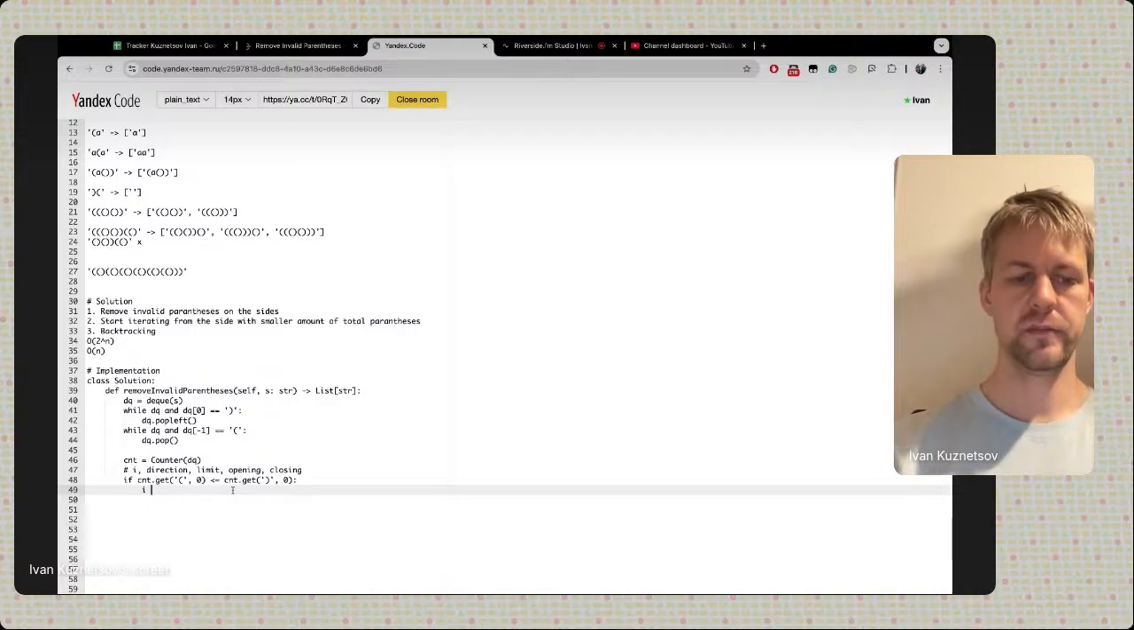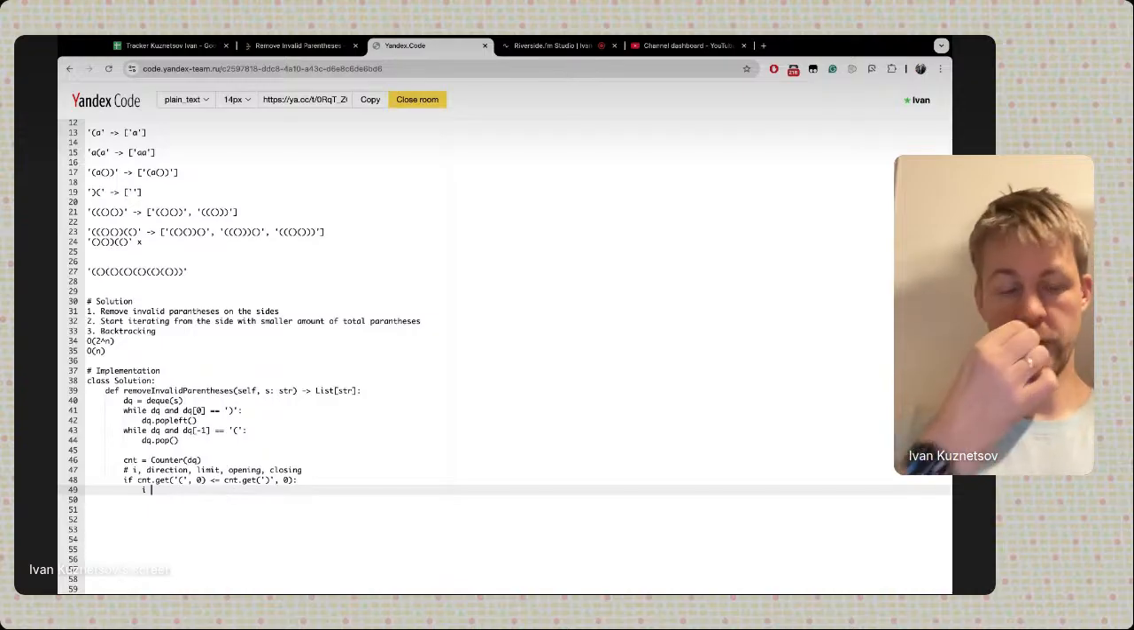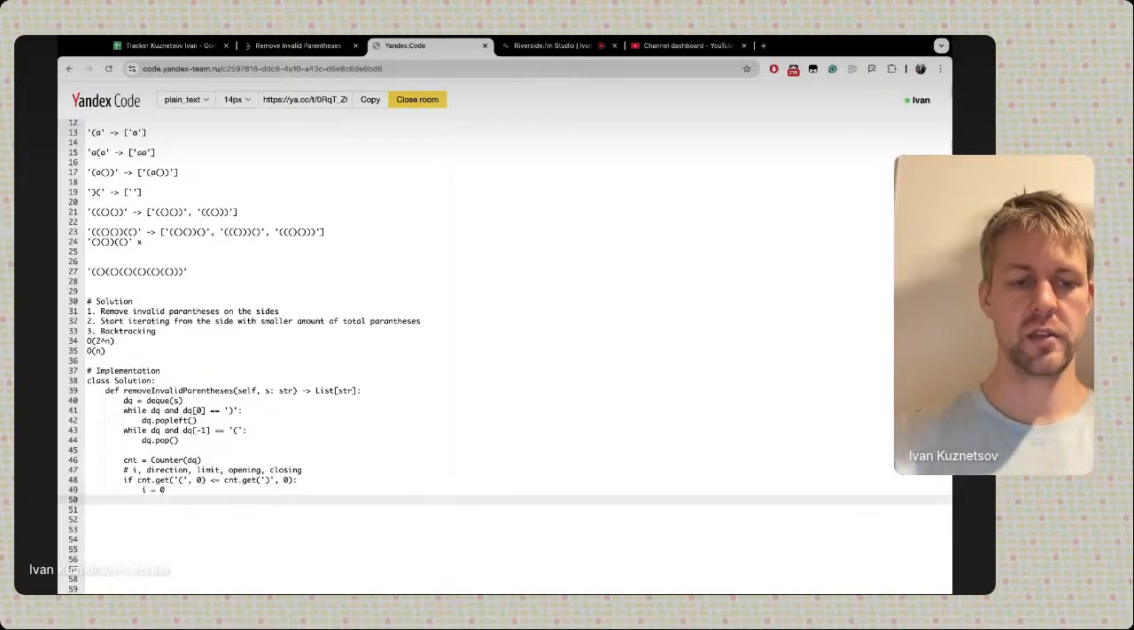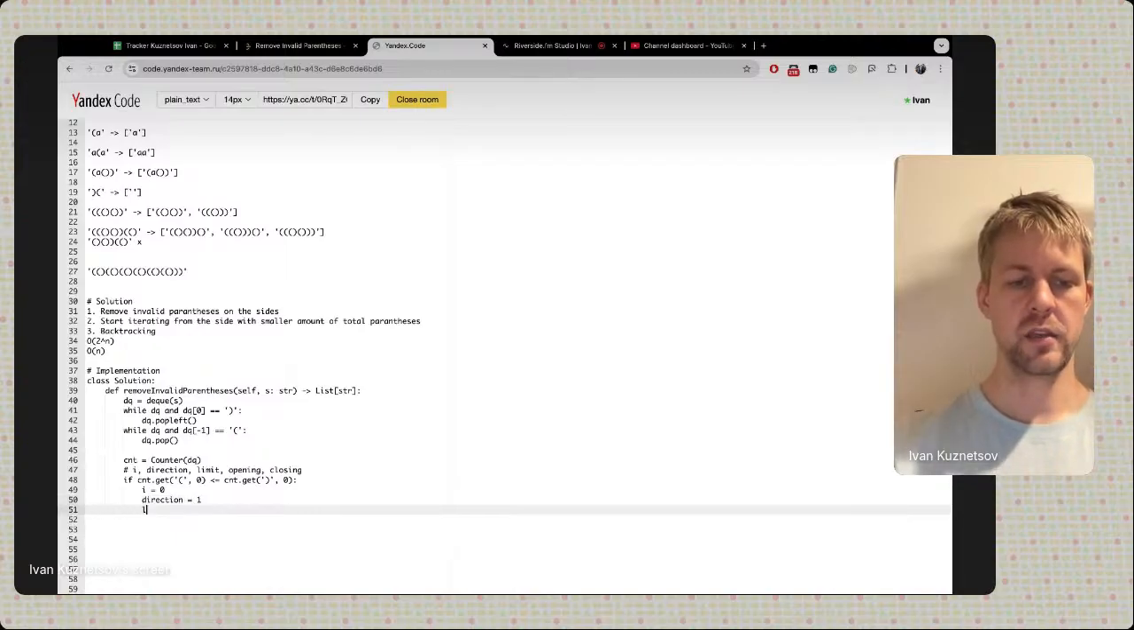So if this is smaller or equal, then we are moving from the left to the right. So i will be equal to 0 and direction will be equal to 1 and limit will be equal to length of dq, and